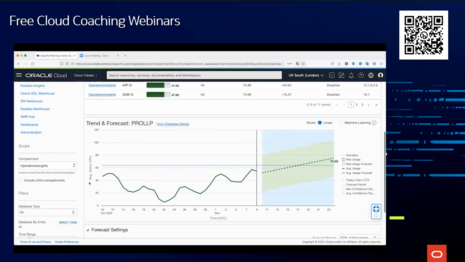And we see the average active CPU. And to the right, it shows us a calculated trend, which tells us automatically that on this particular day, which is November 17, our database is likely going to overcome the threshold, which is the 64 CPUs. So as of now, it's somewhere around 54, but on this day, it will cross that threshold. So we know that this is the approximate date on which it is going to consume more than what is